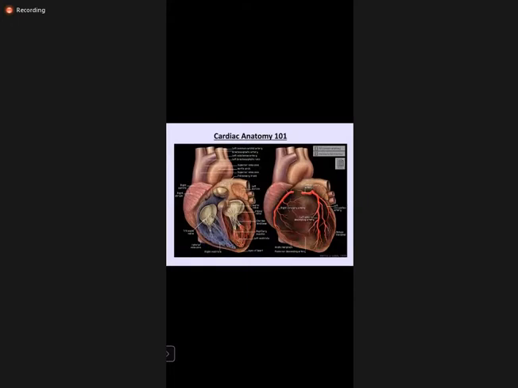So initially, I would like to briefly tell you about the cardiac anatomy. In the cardiac anatomy, the important structures we will discuss are the great vessels. The great vessels are the superior vena cava, inferior vena cava, aorta, pulmonary artery and pulmonary veins. As we have already discussed the coronary arteries, there are two. One is the right coronary artery, which divides into the acute marginal and posterior descending artery, and there is the left main coronary artery, which divides into the left anterior descending artery and left circumflex coronary artery.